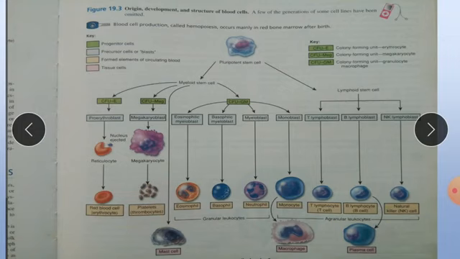The cytokines stimulate proliferation of progenitor cells in red bone marrow and regulate the activities of cells involved in non-specific defense, such as phagocytes, and immune response, such as B cells and T cells. Two important families of cytokines that stimulate white blood cell formation are colony stimulating factors (CSF) and interleukins. So in this fashion, the formation of various types of blood cells occurs in our body.